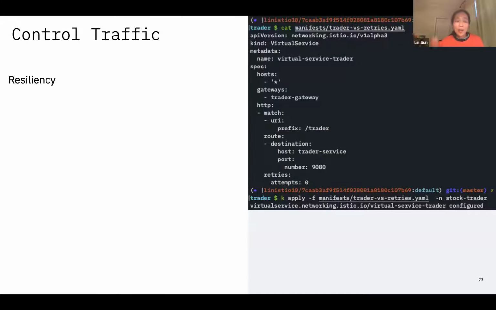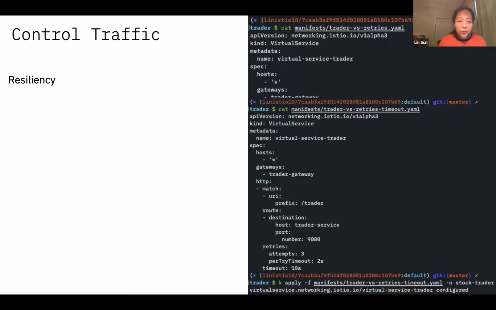Once you gain confidence with the canary, you might want to also think about resilience testing, right? You want to see how it handles errors and how it handles retries. So you can also disable retries. I think by default, we do 2 or 3 retries automatically, so you could disable that and see how your code handles it. So it still provides all these configurations for you without you needing to restart any of your deployments.